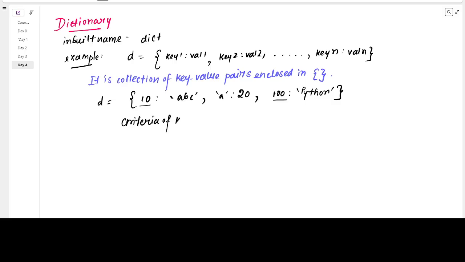The criteria of a key is basically some unique value, so key must be unique. Key must be unique means if I write 2 times 10, it's not possible. Only one key-value pair can be taken for 10. Only one key should be there in the name of 10. Okay, and whatever keys are present, this key should be